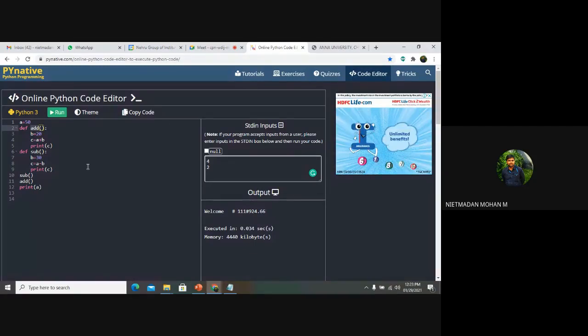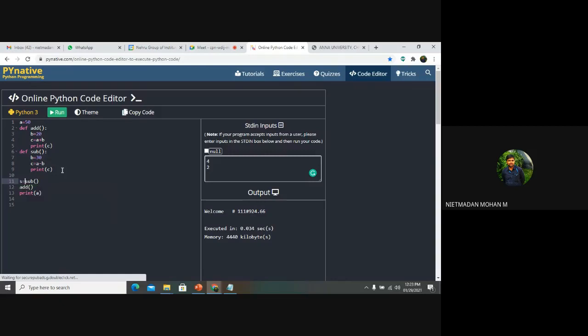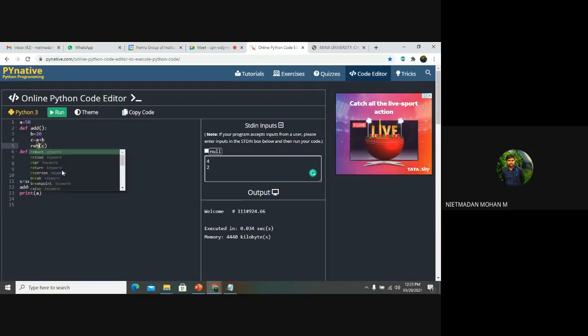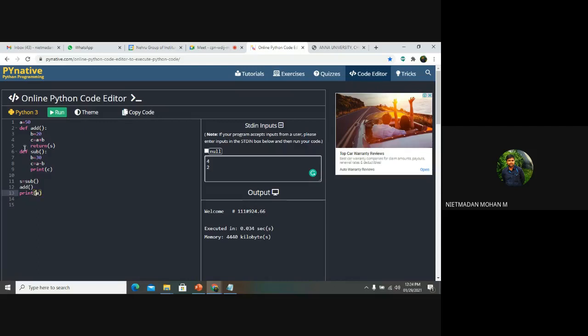No. So you can see here that if suppose I am giving a value that S is equal to sub, and here I want to mention return. In this case, I am not passing any argument inside the function and I am getting the return value. Fine. So this print A output will be the global variable. I have already declared a global variable here, that is A is equal to 50, and I am printing that particular A value in the final step. Fine.